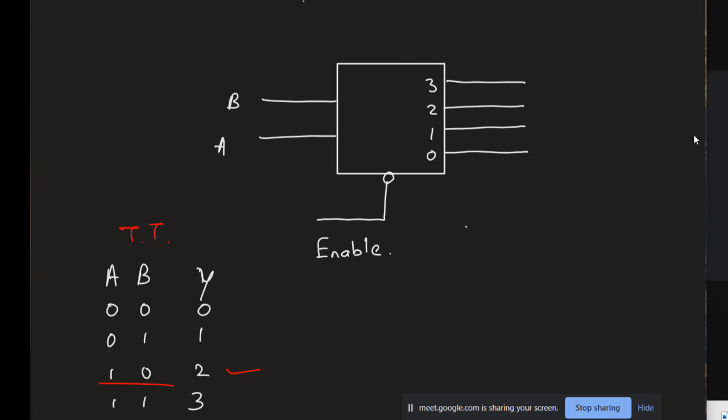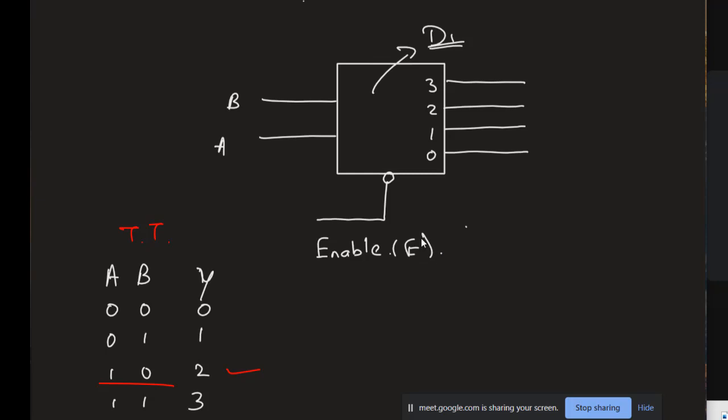Okay, so enable is a third input. Apart from this, I am saying it in a different sentence. Suppose this is my device, let's say device 1, D1. To switch on device 1, I must switch on the enable input. To activate device 1, I must activate the E input, capital E input, the enable input.